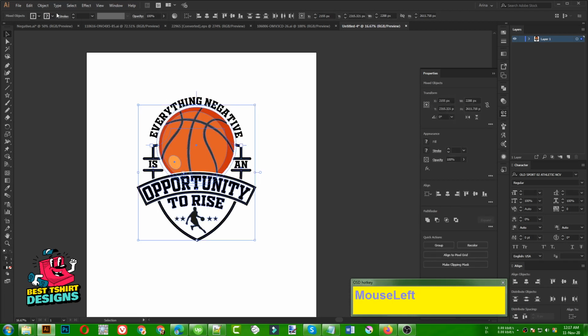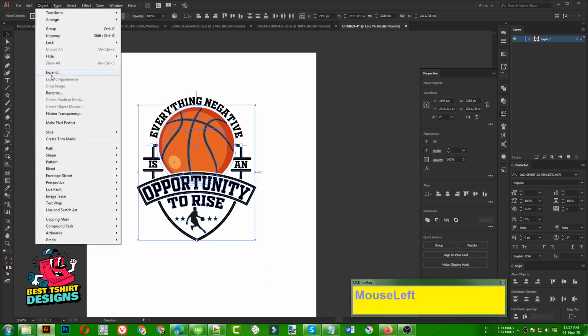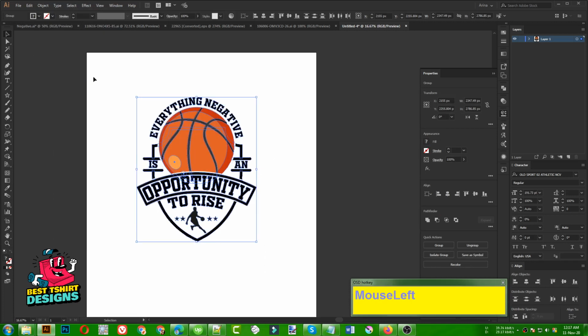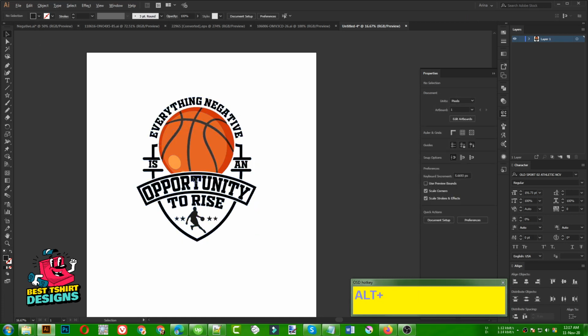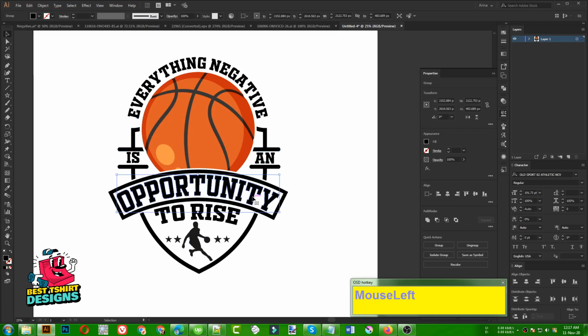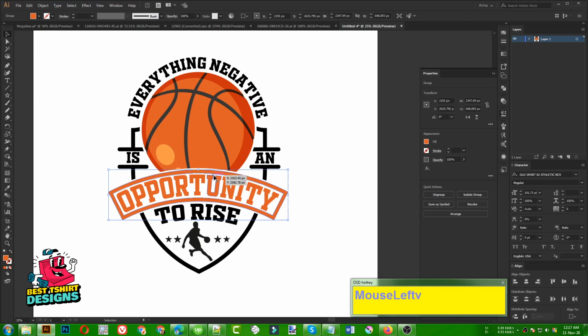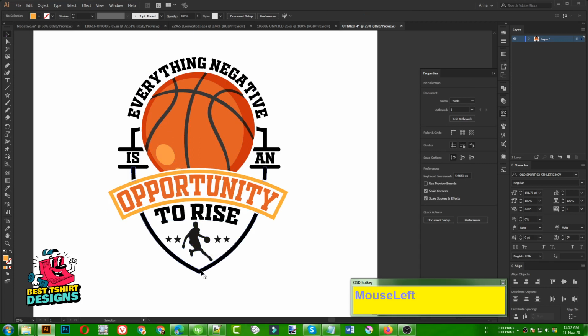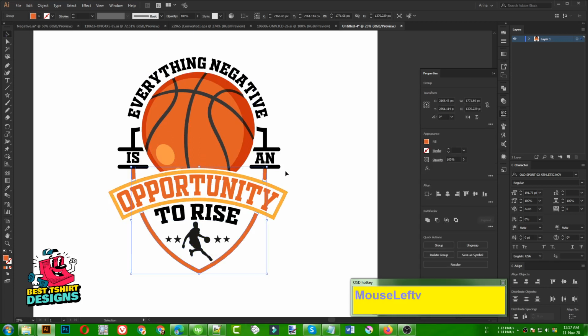I need to just select everything, then go to object, expand appearance, then expand. It is going to expand everything into fill color. As you can see, everything is now selected, but no stroke color, only fill color. So that is good. Now let's select our text one by one. We can add some colors for it, maybe this color. Okay, that is actually inside that group. We can simply choose that color from here. So that is good. For this area I'm going to make it this color, this group I'm going to make it this color, and then of course this group again this color.